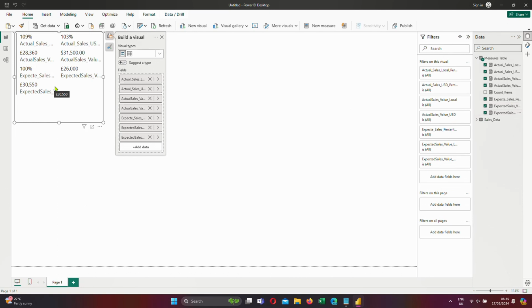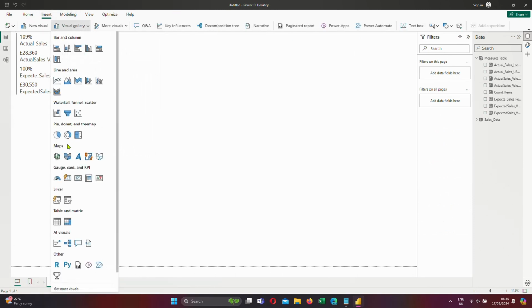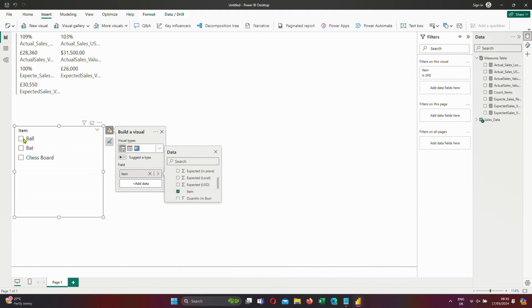So that's great. Now we are going to fit this all inside a gauge visual. So how are we going to fit this into a gauge visual? Right, so before that, let's quickly add a slicer, insert visual gallery. Let's get a slicer added, and what we are going to pass for this slicer would be the item, to check if it's ball, bat or chessboard. So here the sales values differ based on the item selection, and we can make this look very much like,